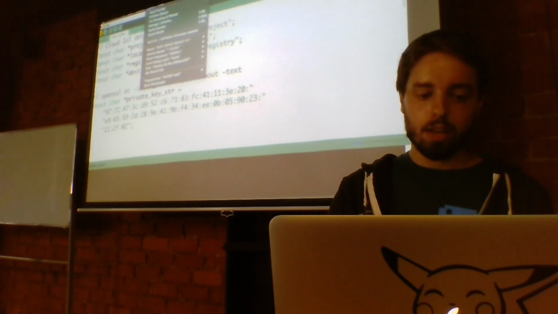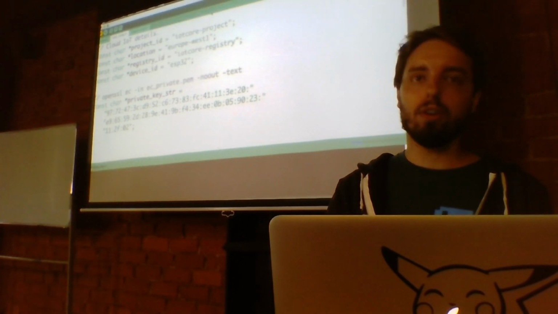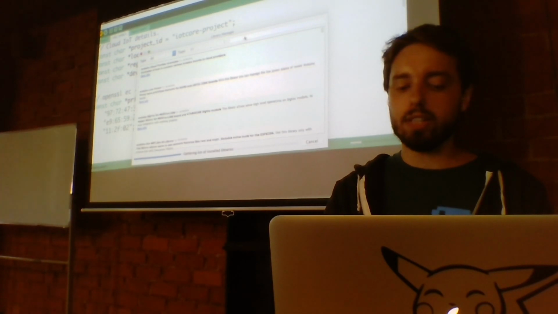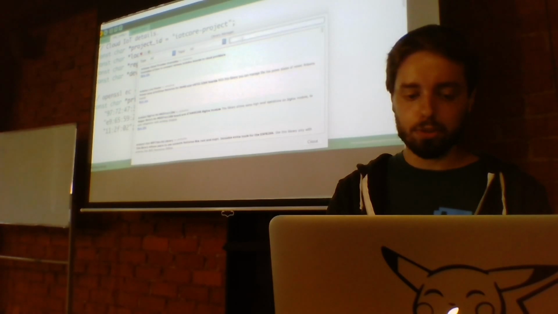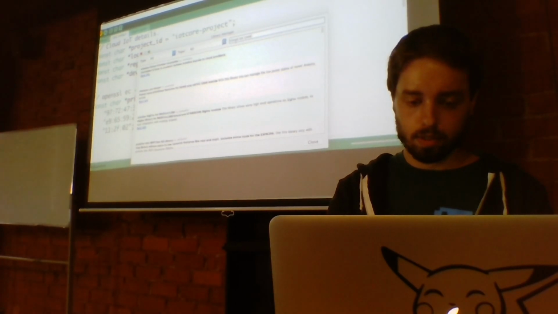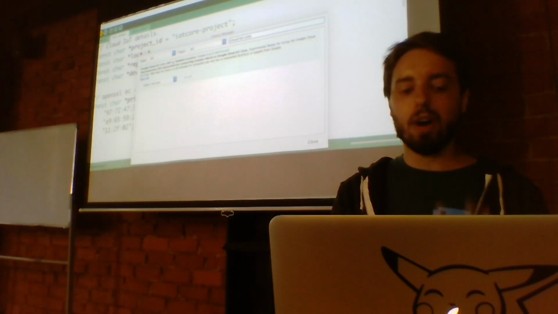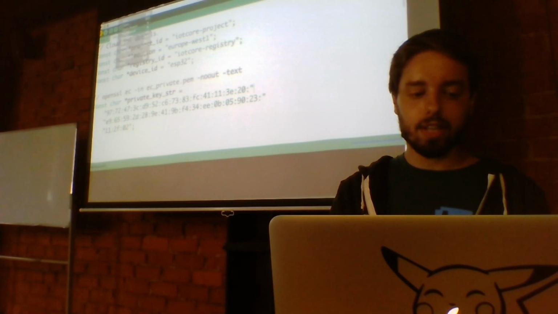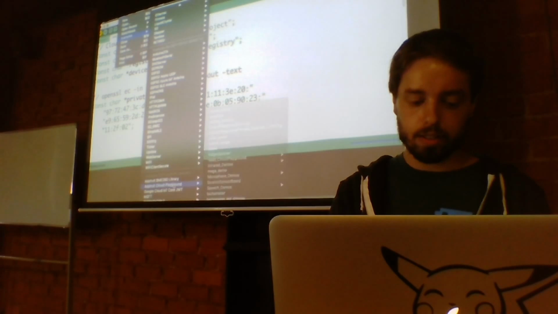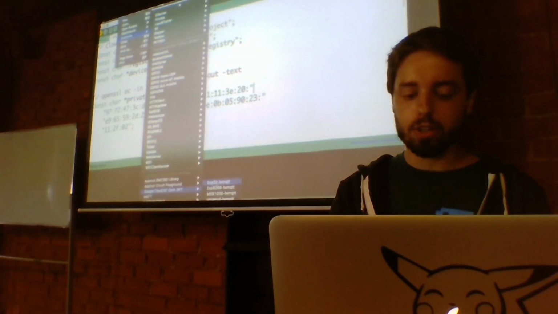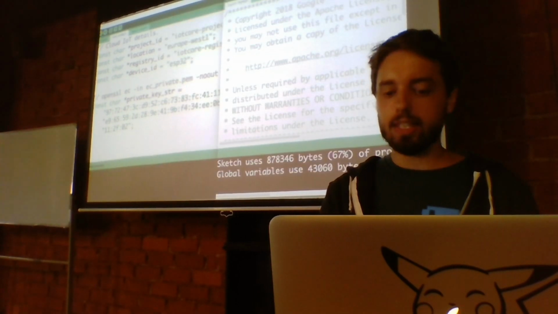Once again, you can import a library. You have a library called Google Cloud IoT Core JWT, something like that. So if you search for Cloud IoT Core, you should be able to find it. You have to install that library. Then once again, you click on File, Examples, and you find a sample code telling you how you can use that library. You can see that it has already written some code for you.